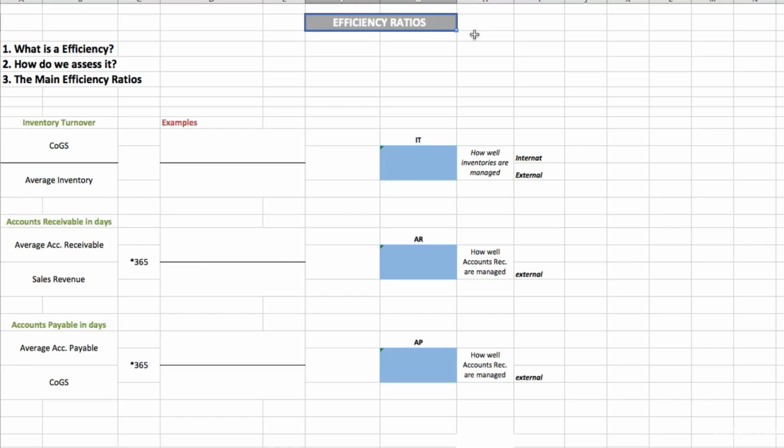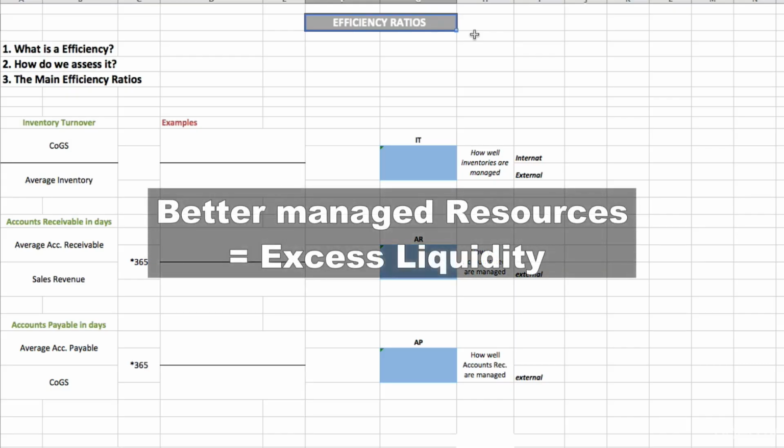In this lecture, I want to clarify 3 points. First of all, what is efficiency? Second, how do we assess it? And third of all, what are the main efficiency ratios? Now, what is efficiency? Efficiency is the ability of any business to actually use its resources to generate excess liquidity